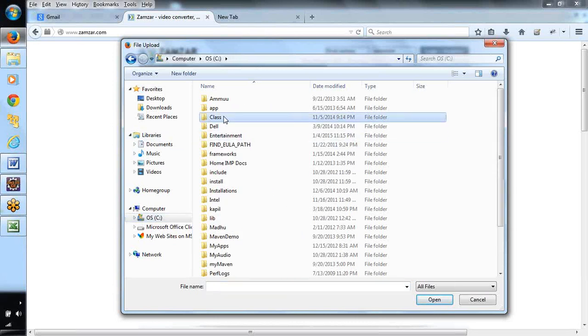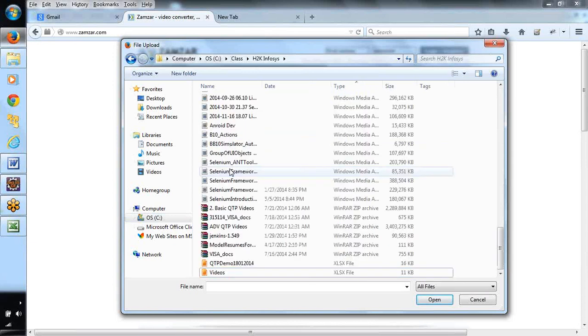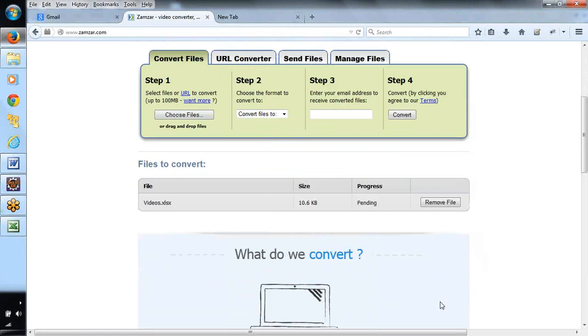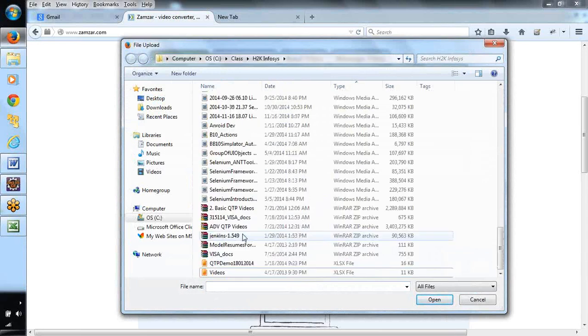Say I want to upload this particular file, under Computer, C, Program. I can say Open like this. So we click on Choose Files, browse for a file, and select it, if it is manual.